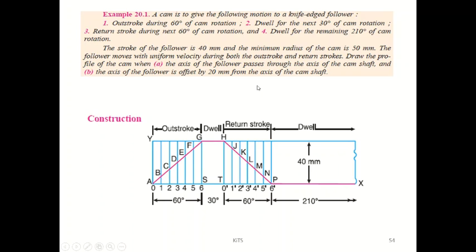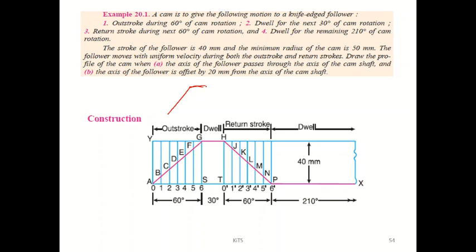The cam is to give the following motion to a knife edge follower. So here the follower used is a knife edge follower. Outstroke during 60 degrees of cam rotation. For the first 60 degrees of the rotation, the follower is moving in the upward direction like this. Just while reading, keep it in mind. Then dwell for the next 30 degrees,